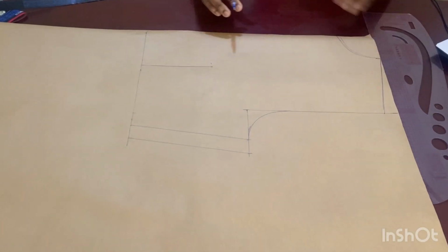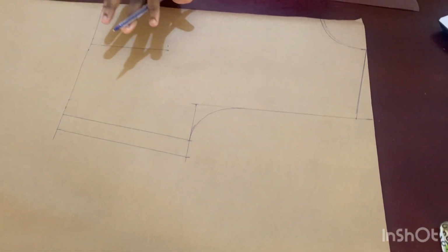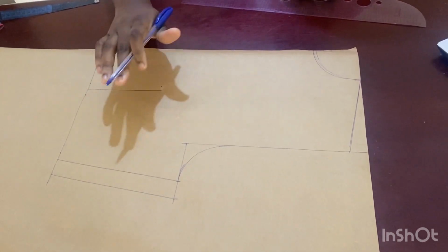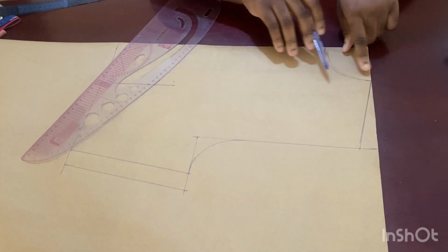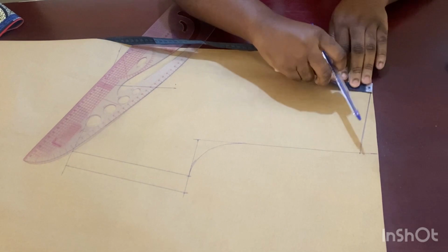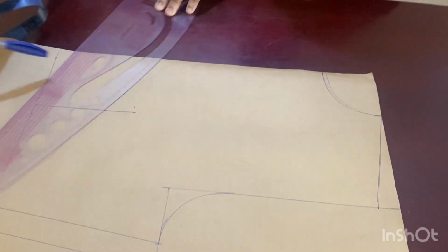So basically the top part is going to be the same, sorry. So guys, all you have to do here is, it depends on you. You can use just your basic bodice pattern for the top of it. All you have to do is just come down from your shoulder to where you want your off shoulder to start. Maybe you want to do 5 inches, you just come down up to 5 inches and then you mark it here,